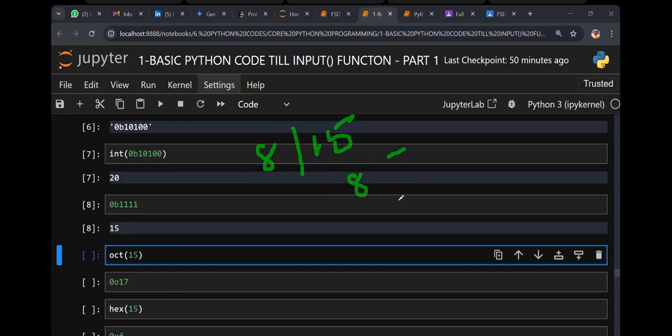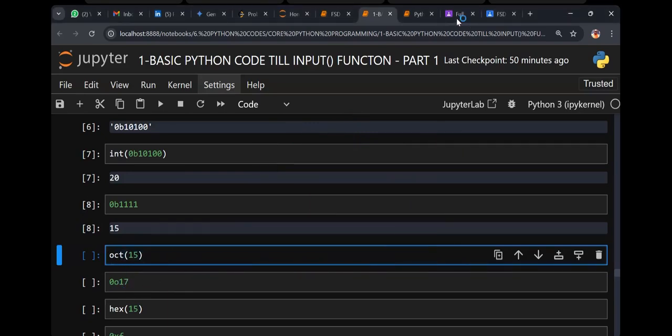So what is the remainder? 7. So 8 1s are 8, isn't it? So we got 17. Check this. Team, are you clear? Everyone, just go here. 15 is 17.